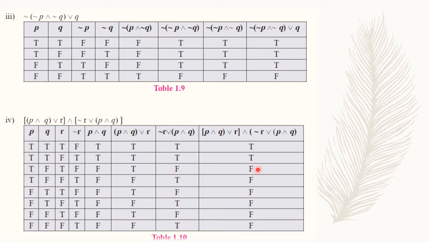Okay, next, and. So for the 6th column you apply and. So T and T is T. So check when both are T. First case, second case both are T, then nowhere else are both T. So only for the first 2 cases it will be T, in the rest of the cases it will be false. Okay, so this is how you derive the truth table of a statement pattern. Now let's pick some examples from the exercise and try to solve.